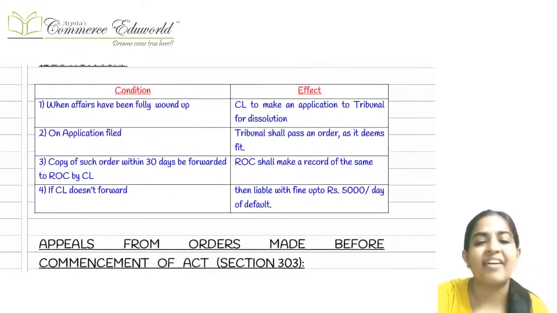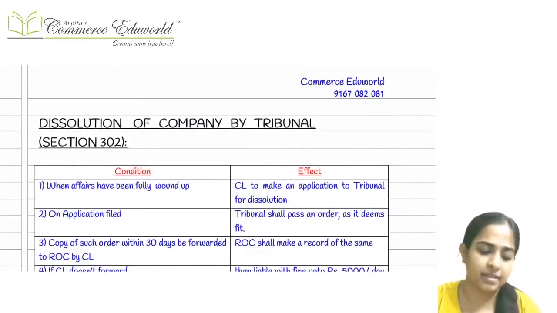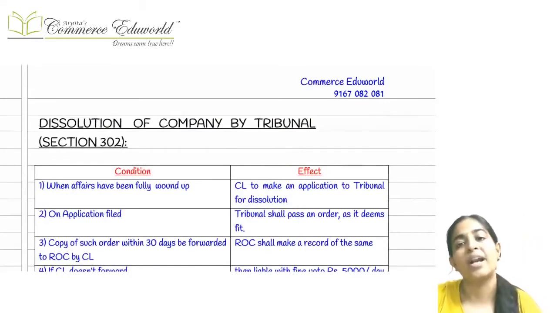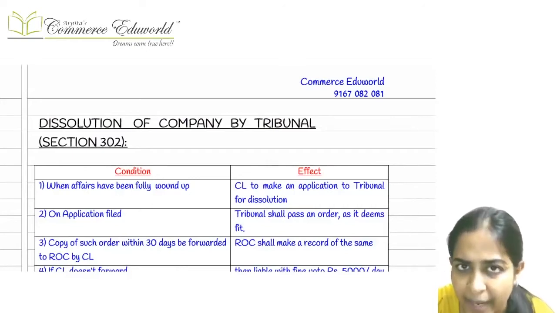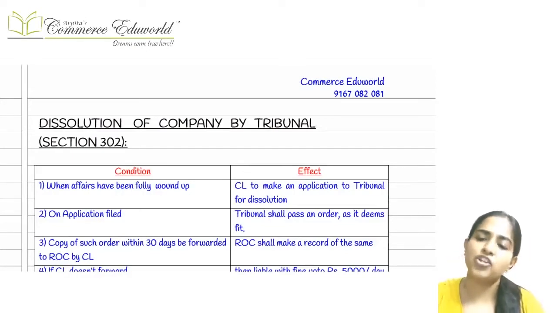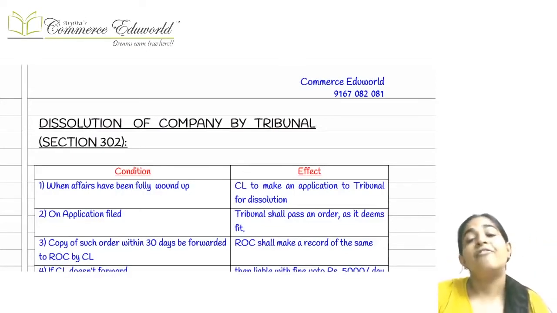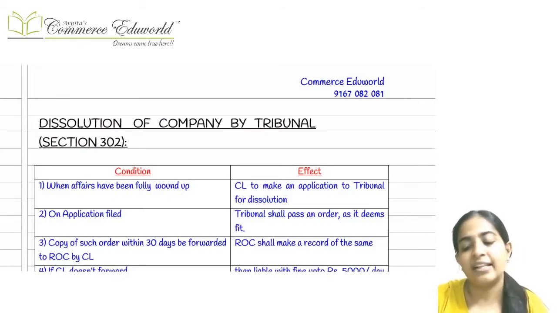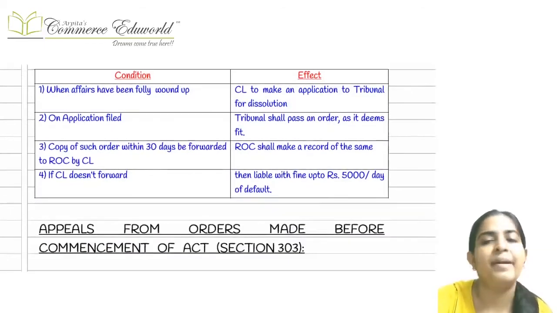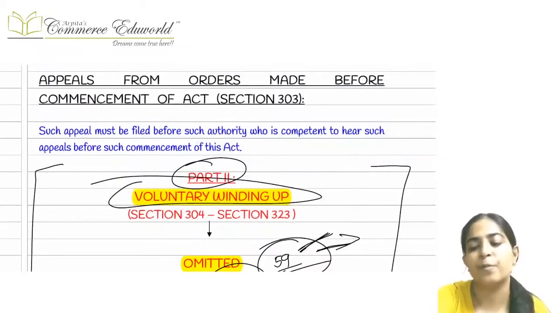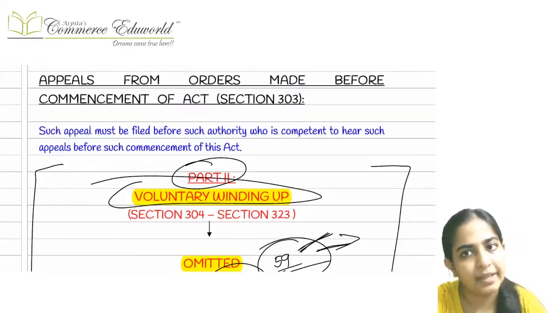And once the winding up is over, after that, ultimately the company is dissolved. The dissolution order is passed by the tribunal, just like every other law. Once the dissolution order is done, after that, the company liquidator is supposed to submit it to the ROC. Basically, we are intimating the ROC that boss, liquidation of this particular company has been completed.